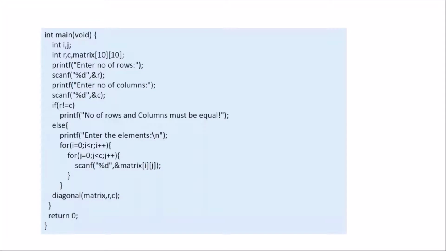So in our program we accept the number of rows and columns and we check whether they are equal. If it is equal, then we continue to our program, else we print that the number of rows and columns must be equal and exit the program. So if they are equal, then it goes to our program and it accepts the elements of the matrix,